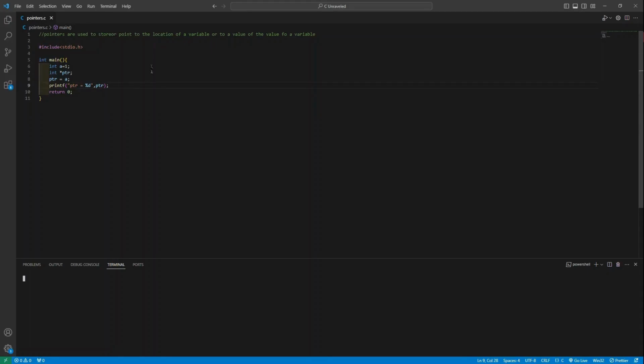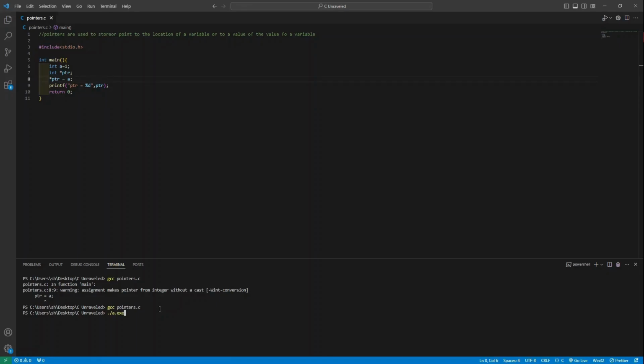So is it taking time? gcc pointers.c. What is it saying? Okay. I have to put a star here. Yeah, now save it. Now ./a.exe. Then you can see it is writing a value